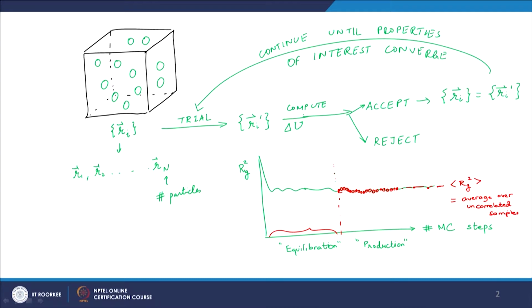There are ways to measure correlations, and we will discuss that later in the course. But the basic idea is that if I take samples at distant intervals, then beyond the interval that we have chosen, the particle must have lost the memory of the previous step. If I take very close Monte Carlo steps, the memory will remain there. We want to take samples distant enough that the memory is lost, and we will come back to this point when we discuss Brownian motion later in the course. Okay. So, this is the idea.